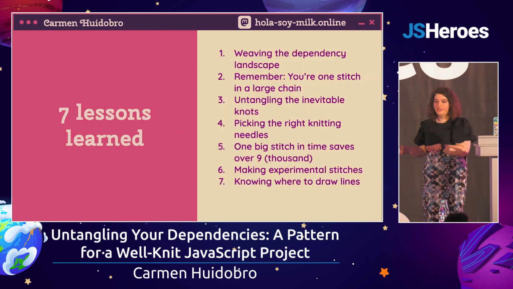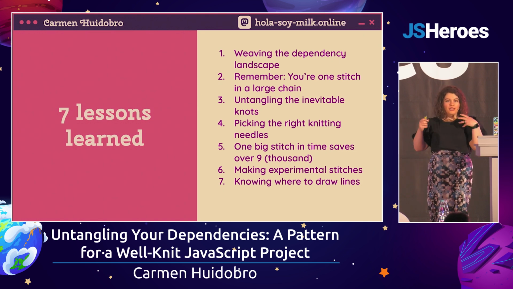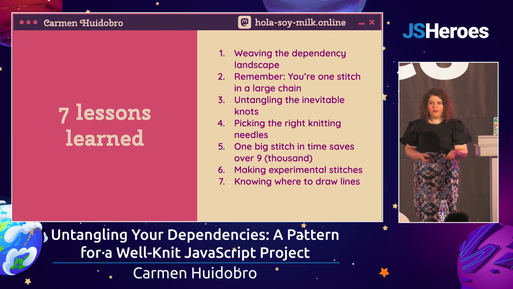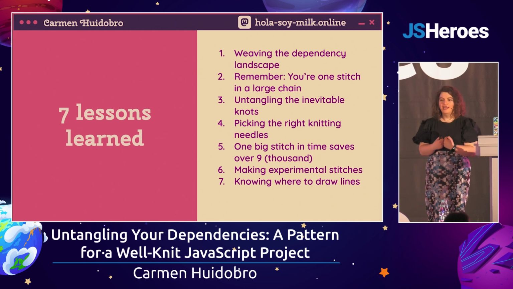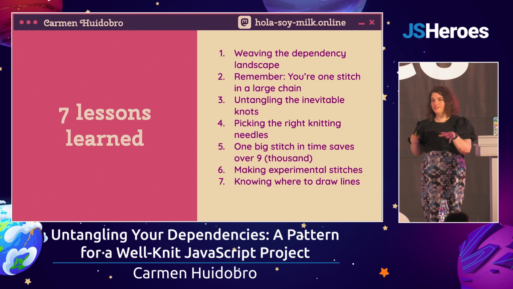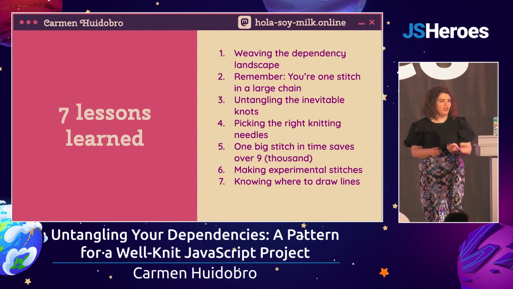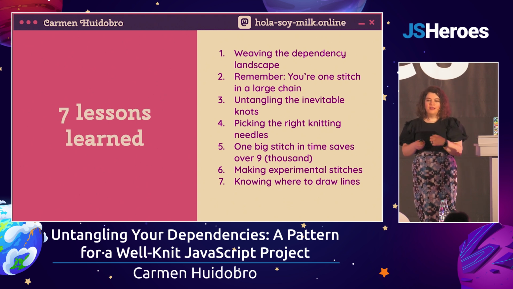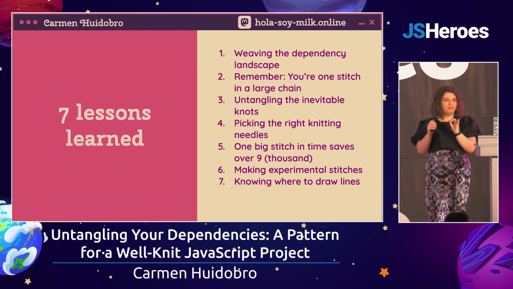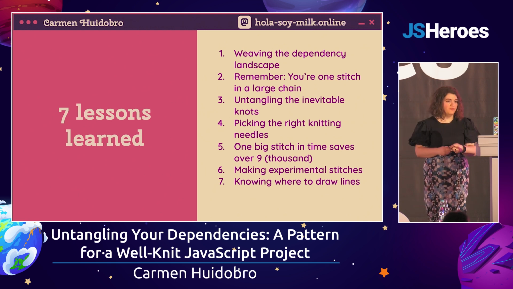Okay, folks, we're coming to the end. I just wanted to go once more over what we've learned today. We've talked about what kinds of dependencies there are. We've gone over how community is so important to all of this. We've gone over breaking down problems into small wins. We've gone over picking the right tools for the job. We've gone over making large dependency upgrades, working with bleeding edge branches, and knowing where to draw lines.